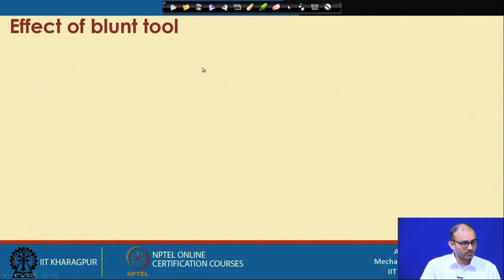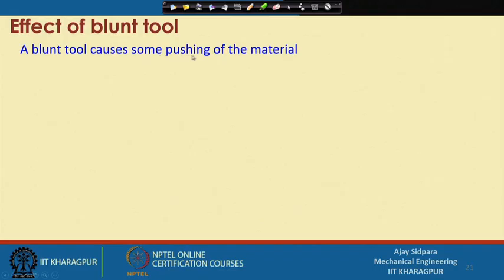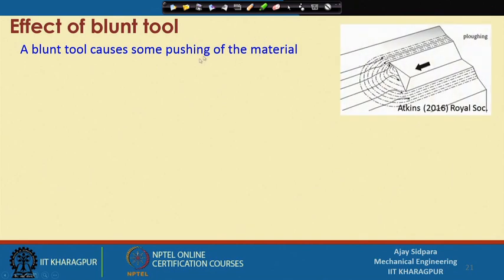Now, what is the effect of a blunt tool? Because till now we have seen some examples where we are talking about the cutting edge radius of the cutting tool, where we have seen that it is not an ideally sharp cutting tool, and we always have some radius that is called the cutting edge radius. So what will happen is the blunt tool causes some pushing of the material, as we have seen in this diagram,